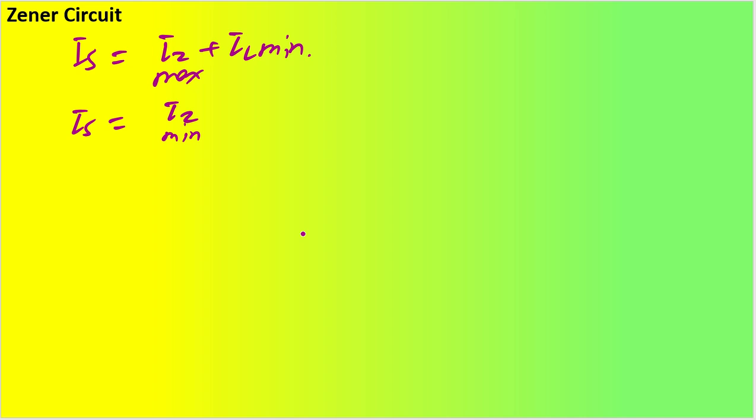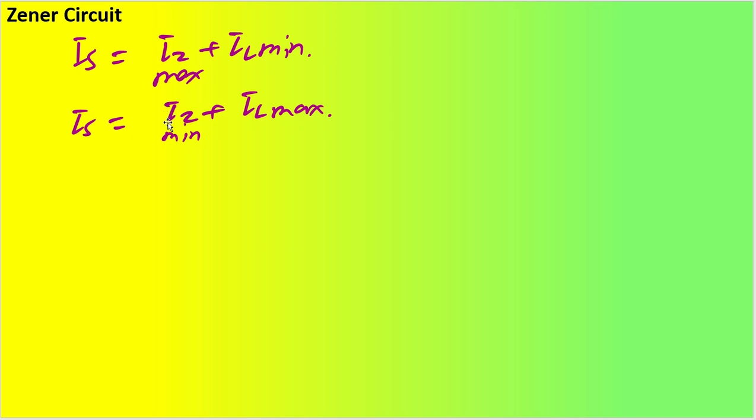So if we solve this, my IS is going to be equal to IZ maximum plus IL minimum. Or it can be written as IS is equal to IZ minimum, which is going to be knee, plus IL maximum. So IL maximum can also be